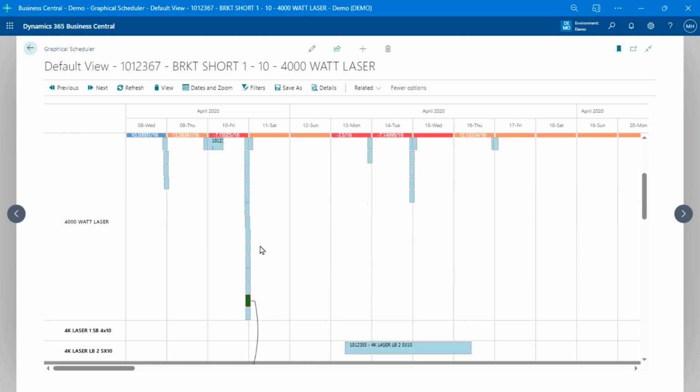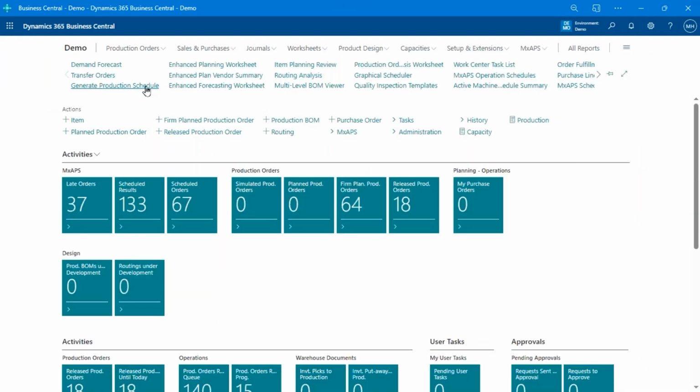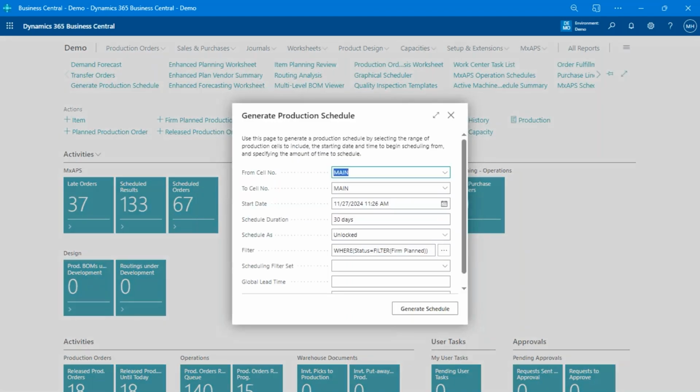What I want is for the system to tell me what the best schedule is based on this load that I have for the shop floor. The way we do that is I'm going to hit Generate Production Schedule. Now, this can also be run in the job queue, so you can set this up to run at 7 a.m. and at 3 p.m., or whatever schedule you want. And we have a lot of customers doing it. Typically, when people first start using MX, they'll do it manually and review the schedule and make sure everything looks good. But once they get used to it, they just run it. Nobody ever really looks at the results of the schedule.